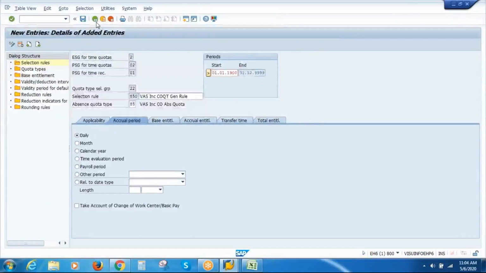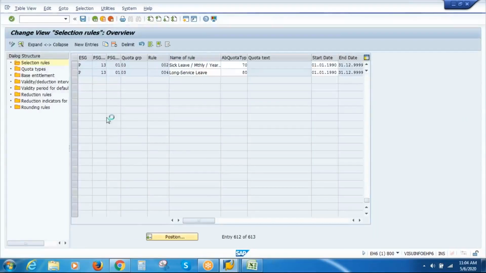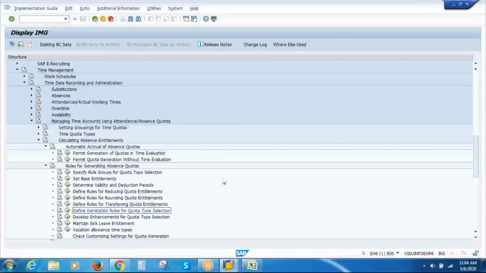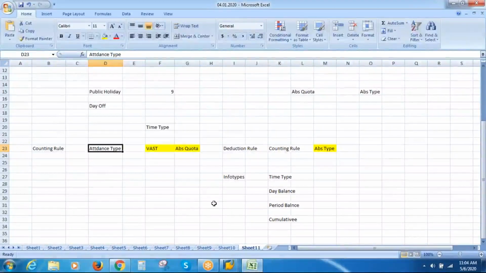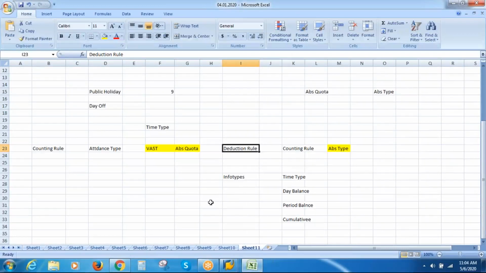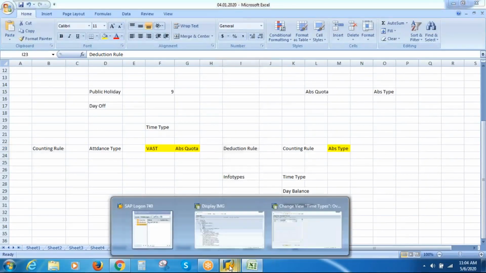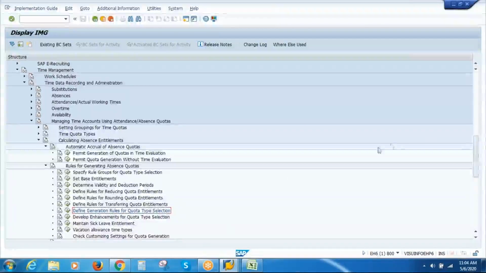Navigate back, further back. So with this, the configuration of the quota is also completed. Now let us set up the deduction rule. So if you scroll down a little bit,